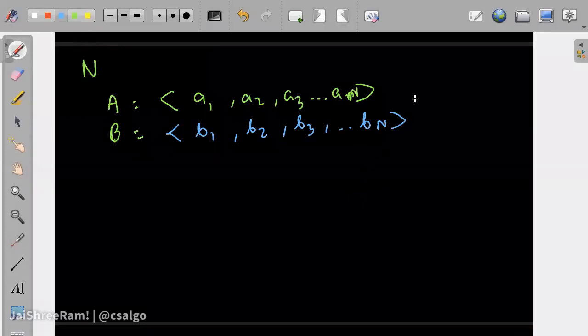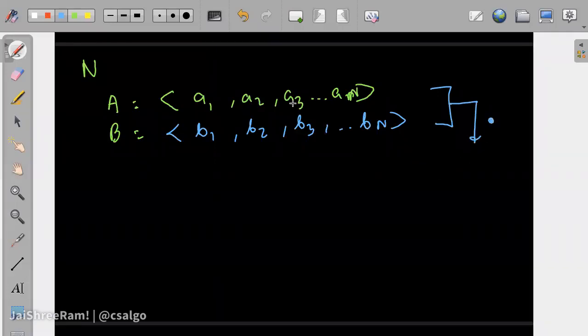Now you want to take the dot product of them. However, what you are allowed to do is permute both the vectors first, and then you can take the dot product. Finally, let's suppose after taking the dot product you get a value x. You have to, let's say, maximize the value of x.